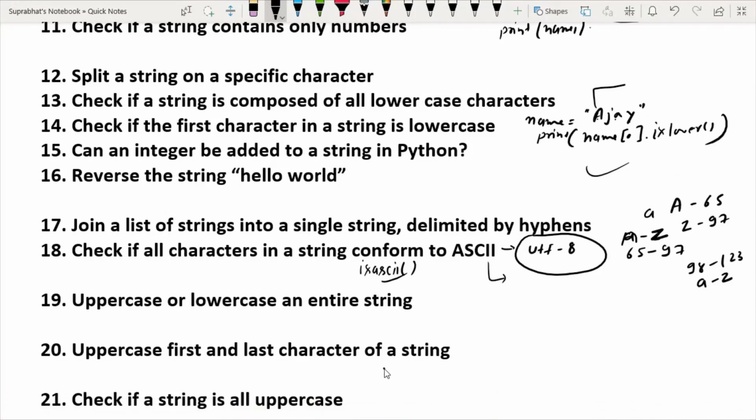Like this we can do. Suppose I have a string like name equals Ajay, and the question is to uppercase the first and last character.